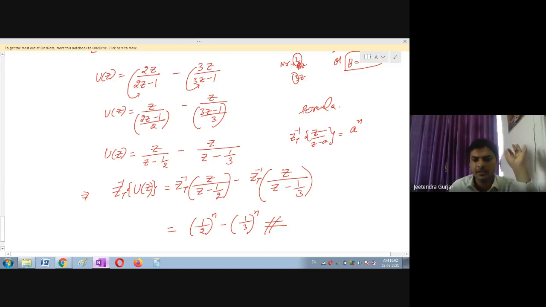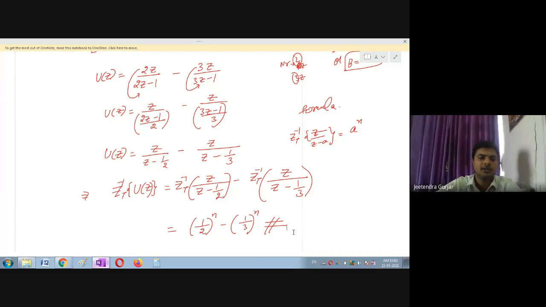Very, very important is the partial fractions. Students, use the partial fractions correctly. If you make a mistake in the partial fraction, finish. You will not get the marks. Finally, you will get only 1 mark after solving everything, because your partial fraction is wrong. Very, very important, students. Be careful while solving the partial fraction. Okay, so like this you should get the answers. Is it clear, students? Any doubt in this example? No? Please reply. No, sir. Okay, thank you for your reply.